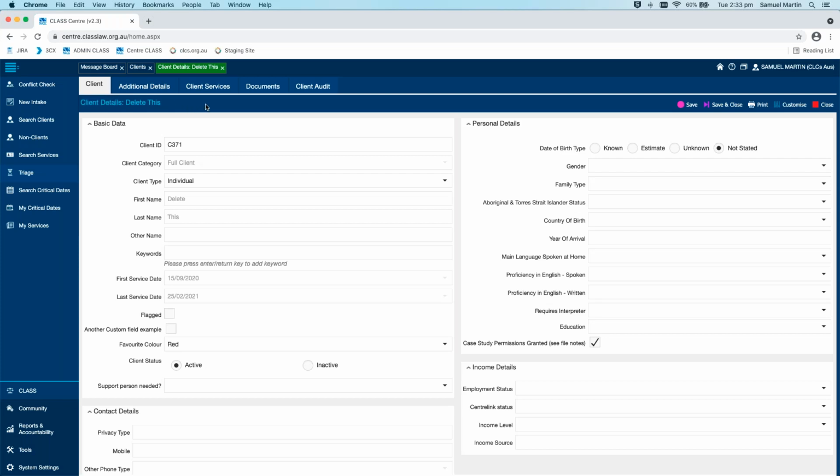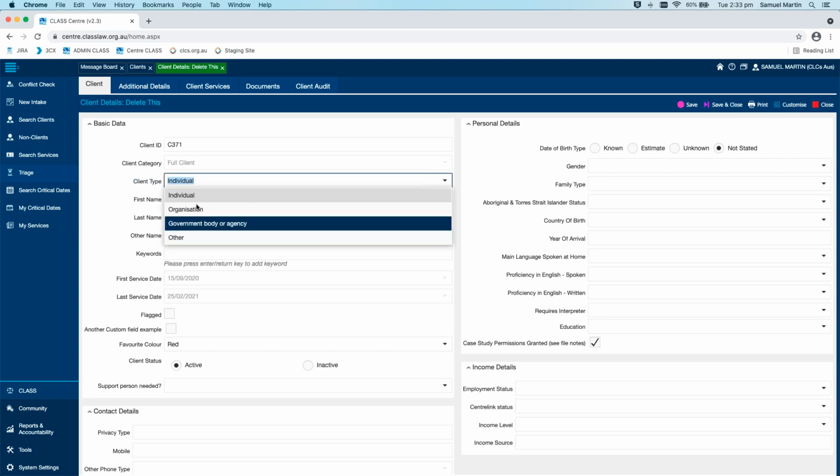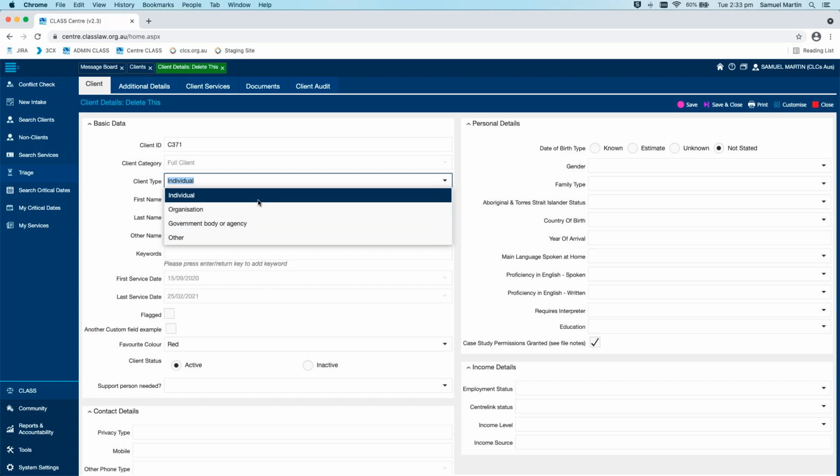Okay, so we're talking about fields, options, and responses. So these are our fields. Something like this client type, that's a field, and this is the field. If you have a look in here, all of these are very familiar. These are what are called options. So these are the options that we can select for this field, the client type field. Now, if I just click out of there,